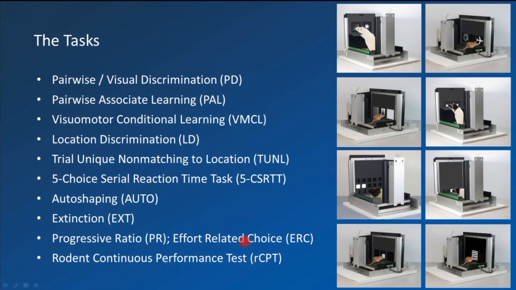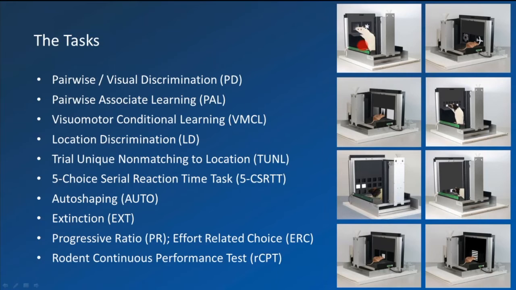So here are the 10 validated tasks. So we have here a pairwise or visual discrimination task. So here we see the rat task where we have it mounted with the shelf as Matt was talking about earlier, and in the mouse task it would be at the bottom of the screen. In this task, one shape is correct and gives reward, the other is incorrect and gives a timeout. And once the correct shape has been learnt, you can then reverse the task so that the opposite shape becomes